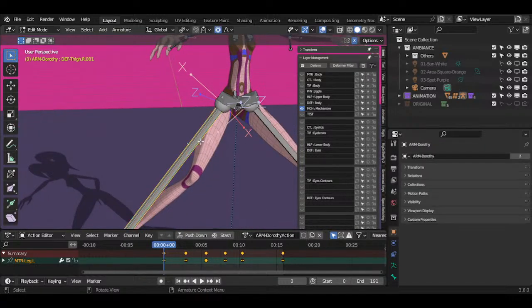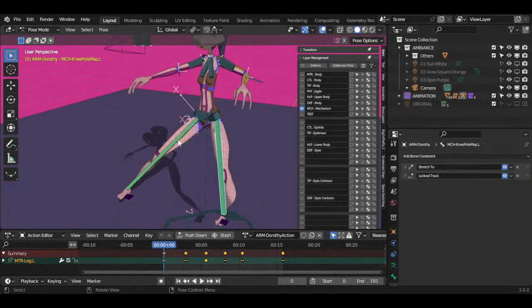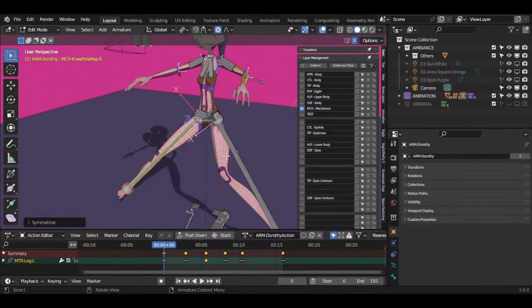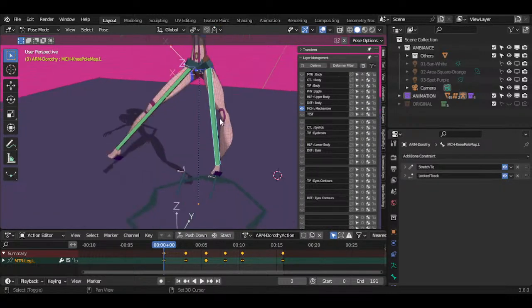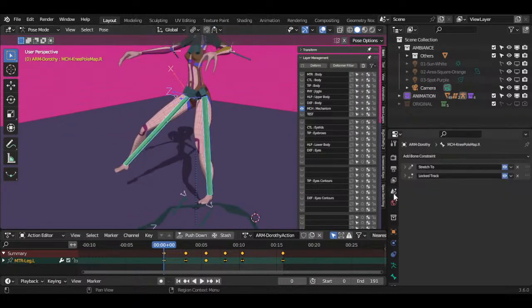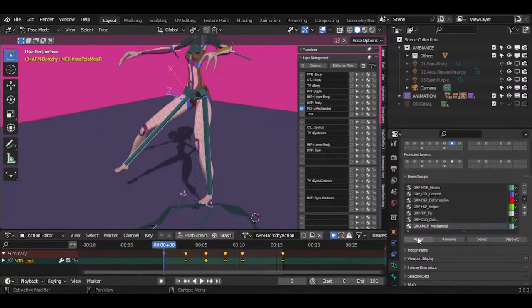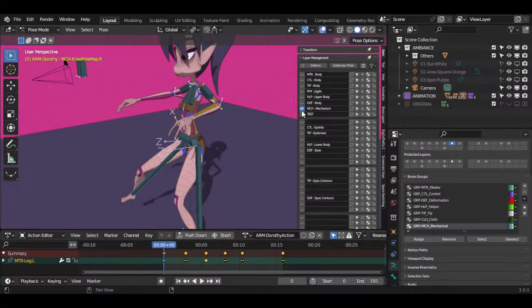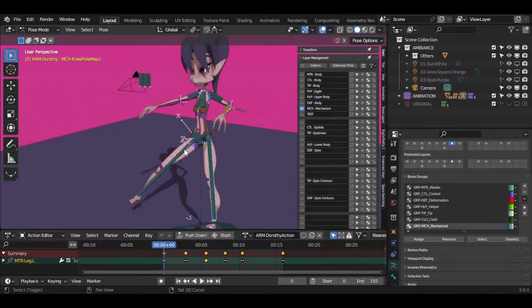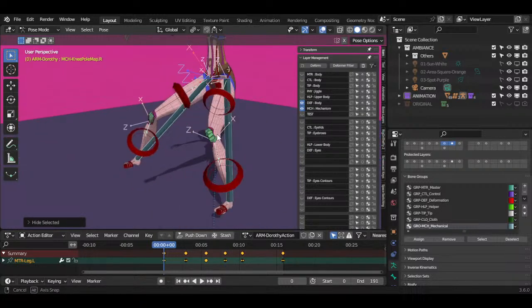There's an extra bone here. Okay, so this is not symmetrized properly. Now it is, and okay, this won't be required. I want to change these colors. I would like to have another set of colors, but whatever. So okay, so the mechanical bones, I just want to have these ones showing. Then for the depth, I need,